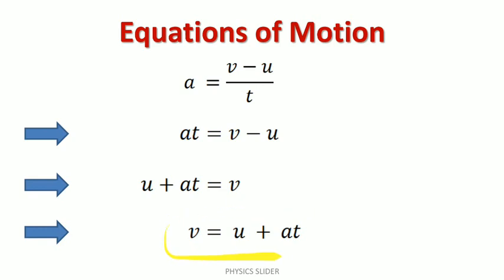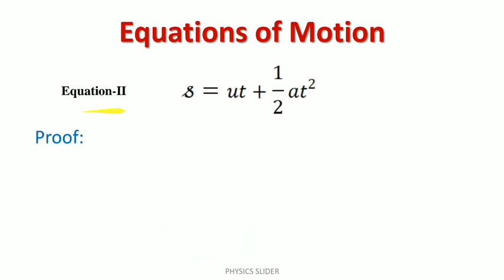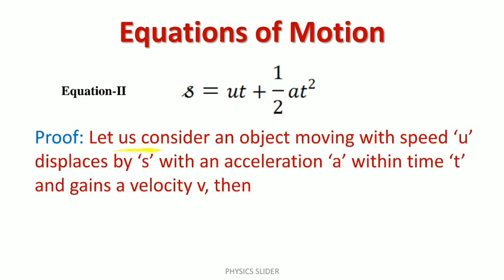Alright, now we will prove the second equation of motion, s is equal to ut plus half at square. How to prove it? Let's discuss. This is the proof of the second equation. Let us consider an object moving with the speed u, displaces by s with an acceleration a within time t,